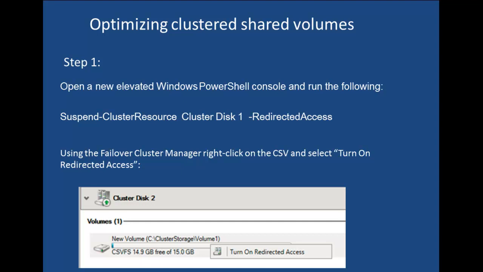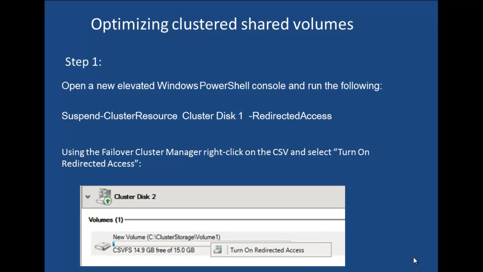The first step in running that defrag is, at an elevated Windows PowerShell prompt, to run the command Suspend-ClusterResource Cluster Disk 1 -RedirectedAccess, or within the Failover Cluster Manager console,